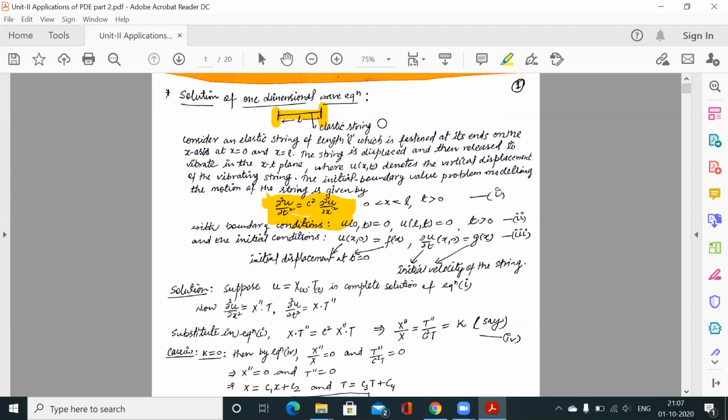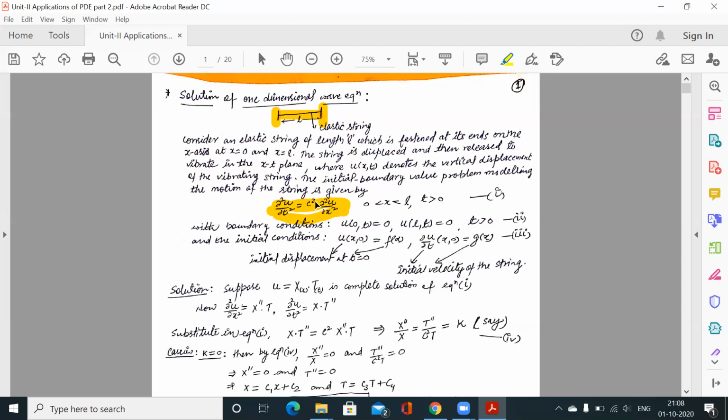We are measuring only the one dimensional wave equation like this. We are considering here that vibrations are with respect to the vertical axis only. So this is the equation. If the examiner asks you to state and solve the one dimensional wave equation, you must know what the one dimensional wave equation is, because you have to write the differential equation also. So you must remember this. This is the one dimensional wave equation.